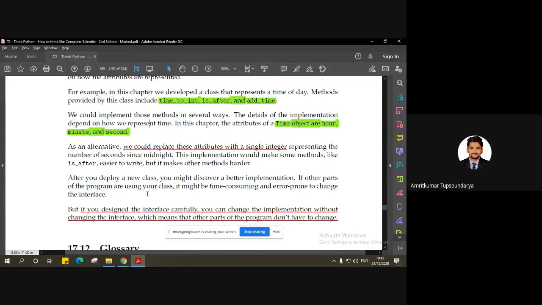So the design part is very important. The whole point here is that if you design the interface properly, and you can change the implementation without changing the interface, then the other parts of the program are not required to be changed.